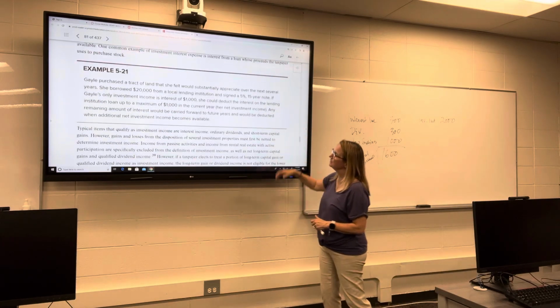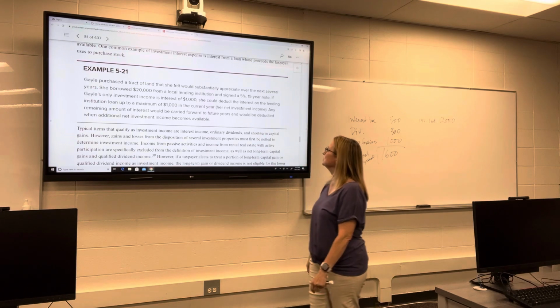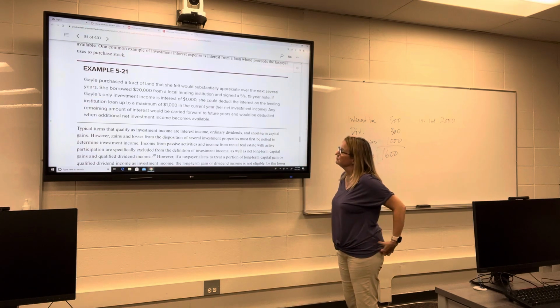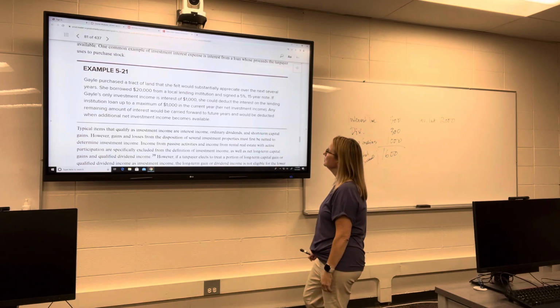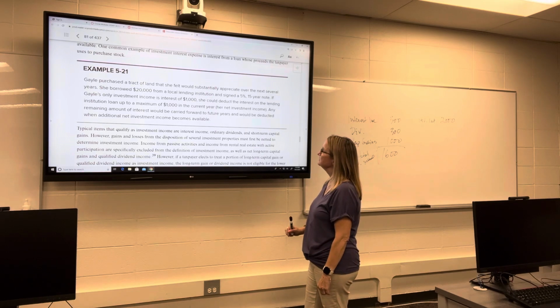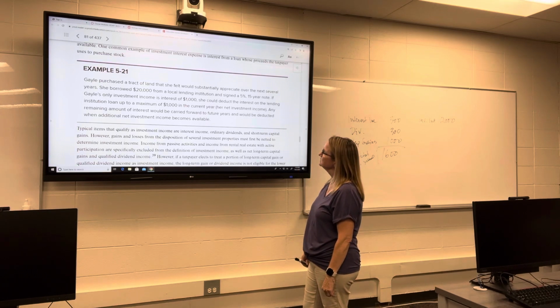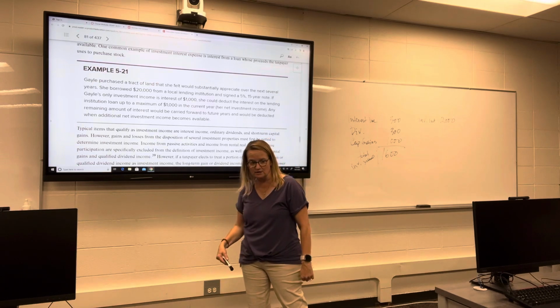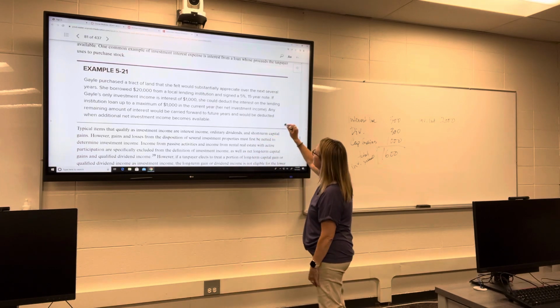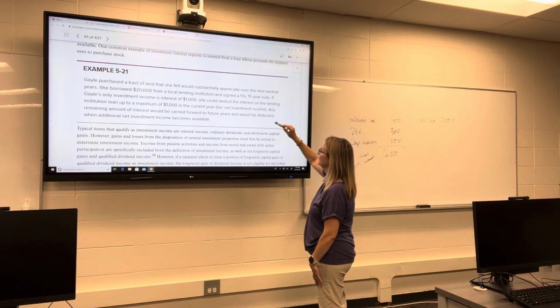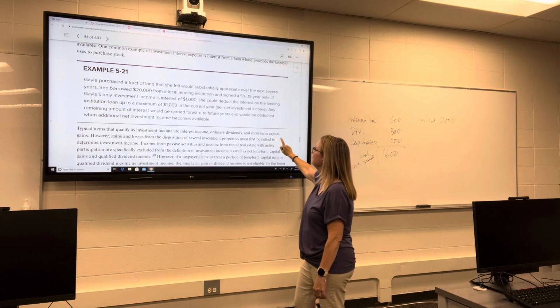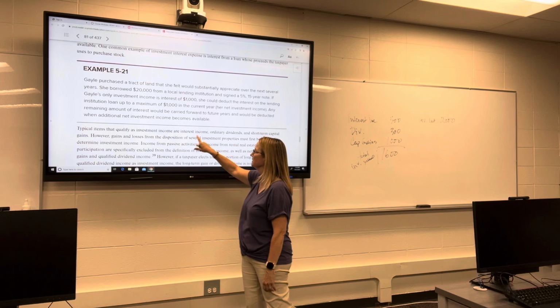Here's an example. Gail purchased land. She bought it because she thought it would appreciate over the next several years. She borrowed $20,000 from the bank, signed a 5% 15-year note. If her only investment income is interest of $1,000, she could deduct the interest on the lending institution loan up to $1,000. Okay, even though at 5% on $20,000, that's $1,000 in the first year, but any remaining amount of interest would be carried forward to future years